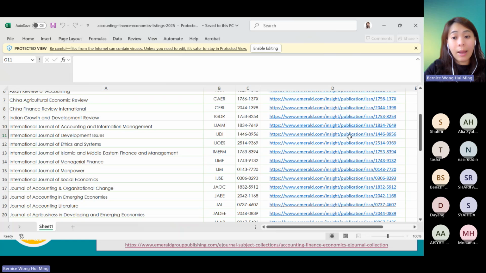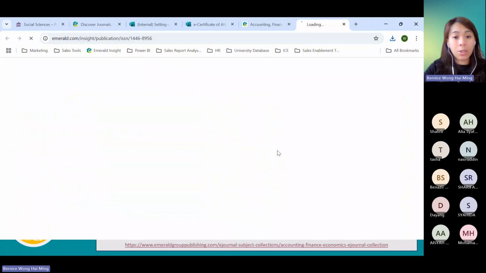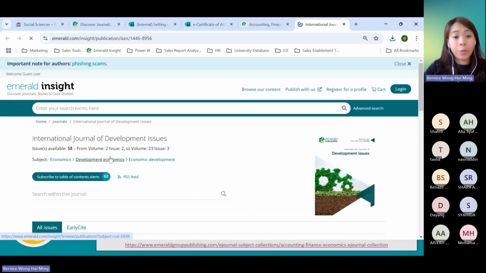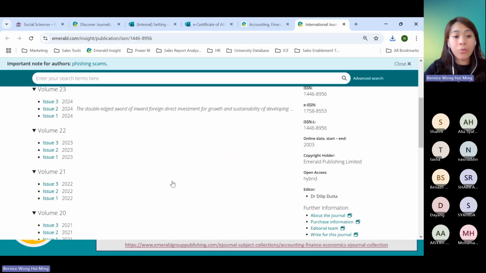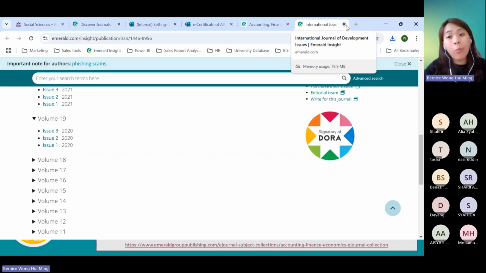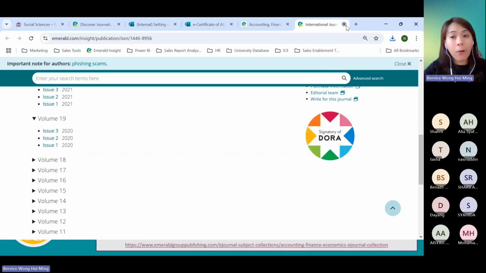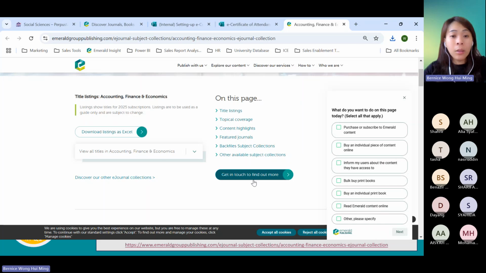It will link you directly to the journal's page. So this is the journal page. Okay, so you can start to read the articles here. Later, I will share with you more in the live demo how you can get published.